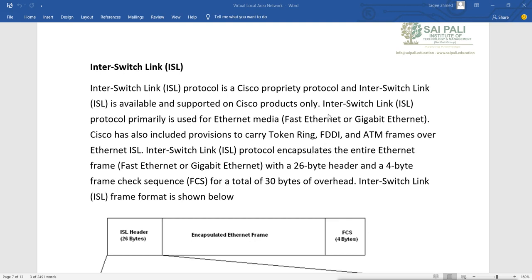This ISL protocol is primarily used for Ethernet media, that is Fast Ethernet or Gigabit Ethernet.